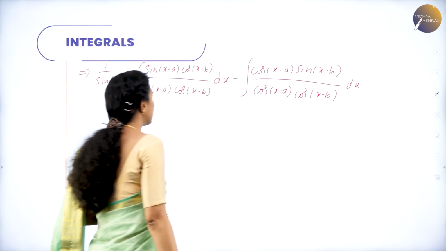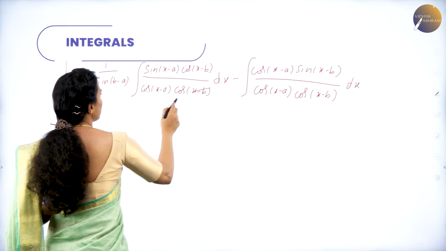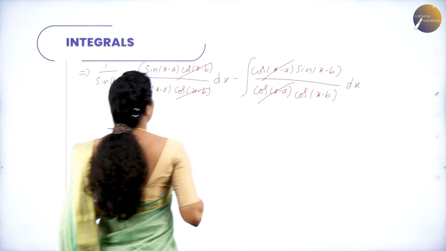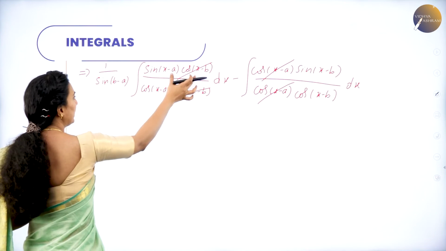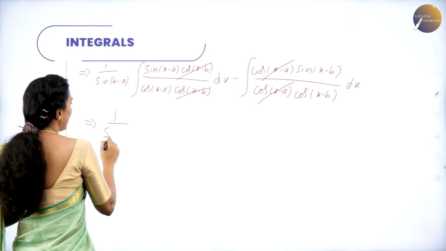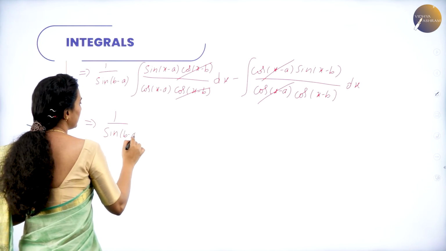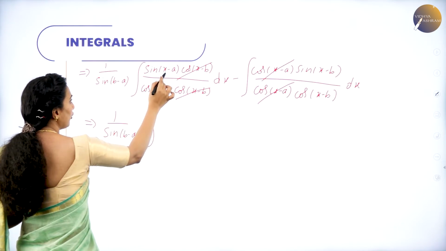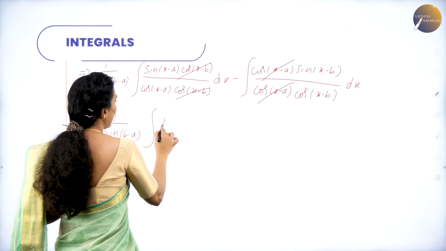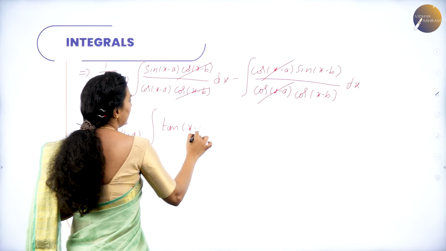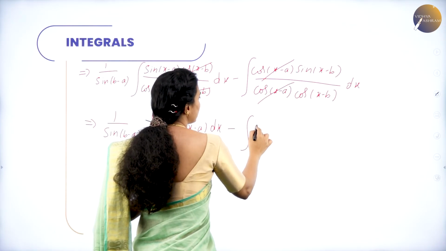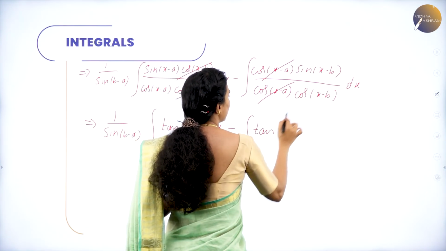Now what happens to this? You are getting cancellation with cos of x minus b, cos of x minus b. Here cos of x minus a, cos of x minus a. Now dear students, after doing the cancellation here, you are getting 1 over sine of b minus a into integral of sine of x minus a divided by cos of x minus a, which is tan. Sine by cos is tan of x minus a into dx minus, similarly here sine by cos gives you tan of x minus